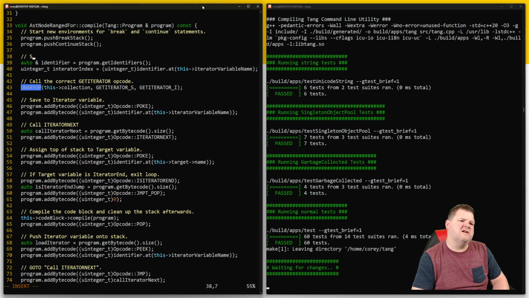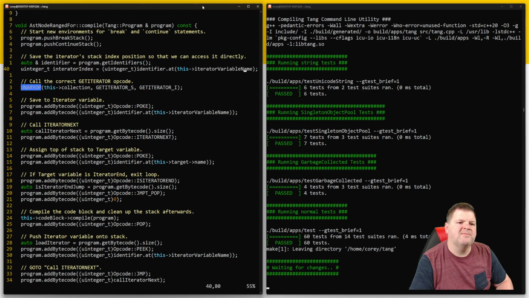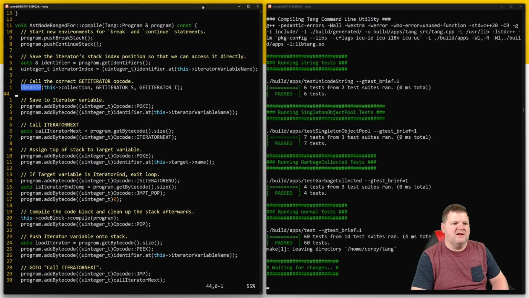Now we can say index position, so that we can access it directly. All right. Now, in this case,